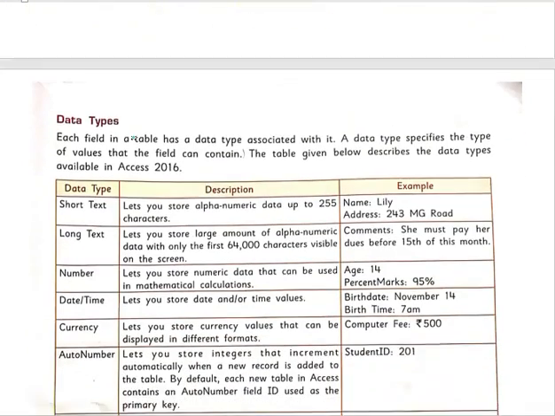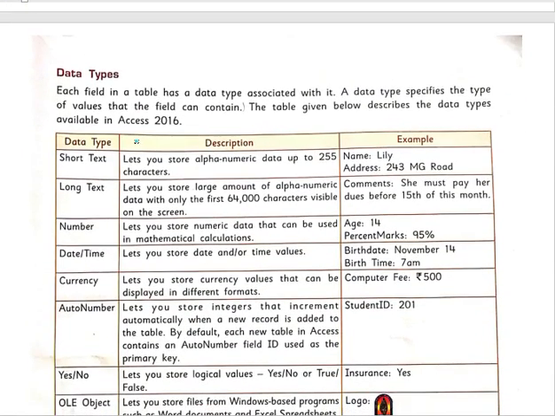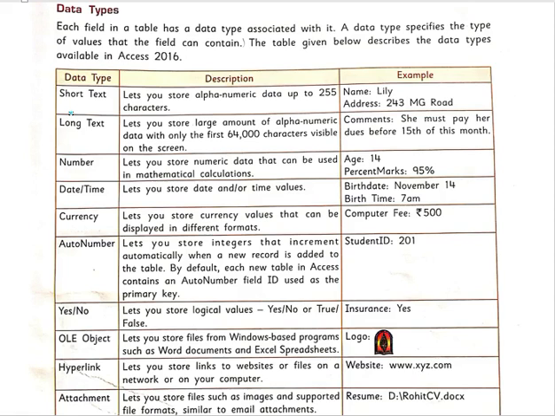So let's move to data types. Each field in a table has a data type associated with it, and a data type specifies the type of values that the field can contain. The table given below describes the data types. The first data type is Short Text.